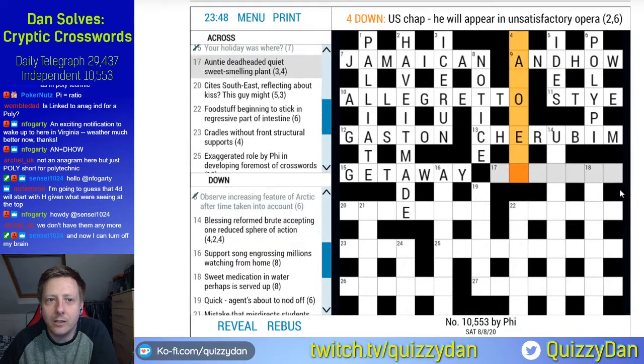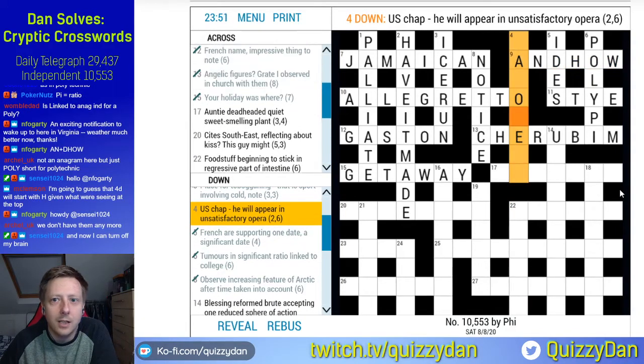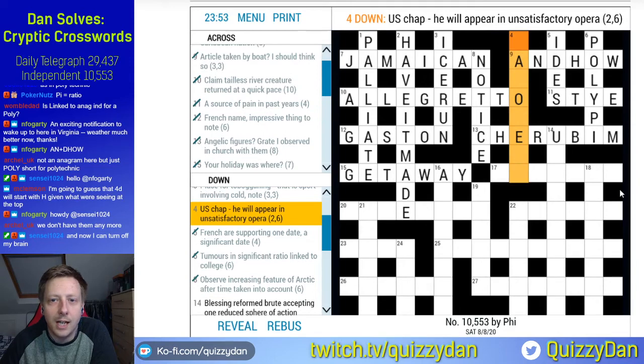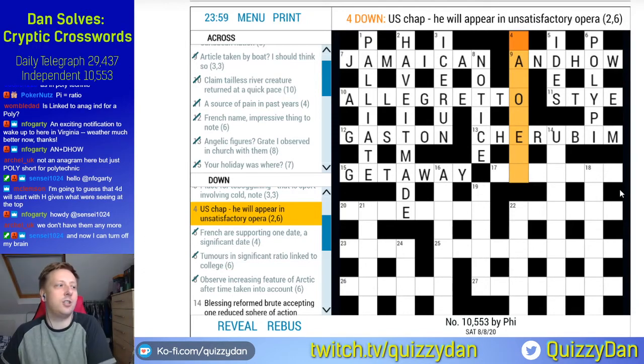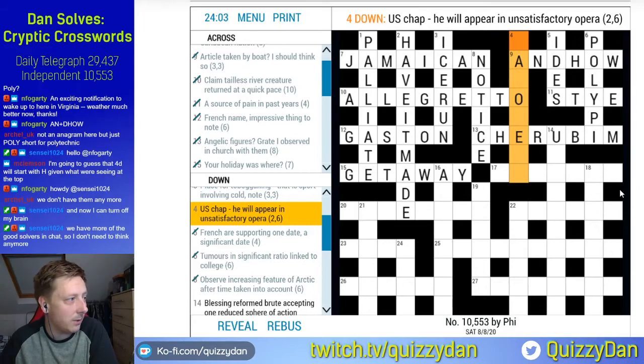And yeah, I agree with Matt Clemson. I'm hoping for an H here, so it's phi and then an anagram of phi, so hip. Is it all going to be PHs and I's in the bottom row, right at the bottom there as well? Let's find out. US chap, he will appear